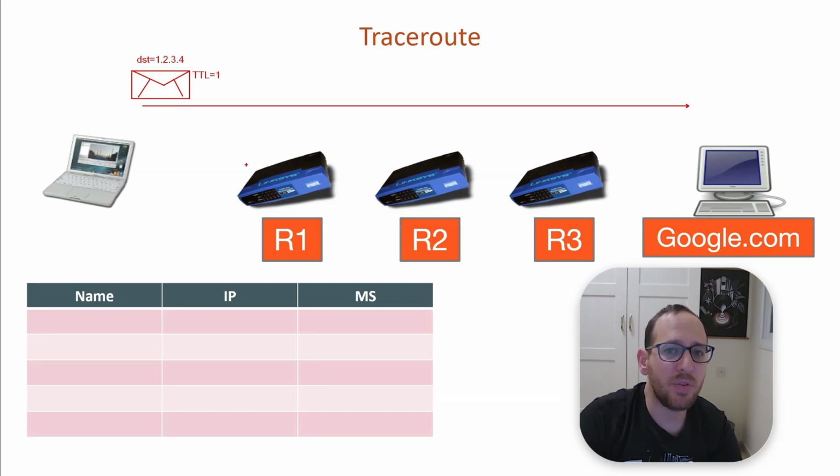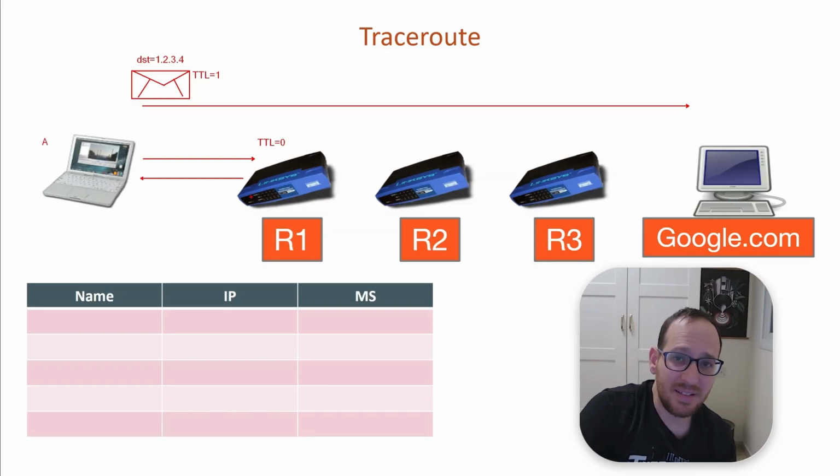When the packet reaches the first router, the router is going to decrement the TTL, so it will be 0, in which case it needs to drop the packet and send a reply to the source computer, let's call it A, an ICMP time exceeded,